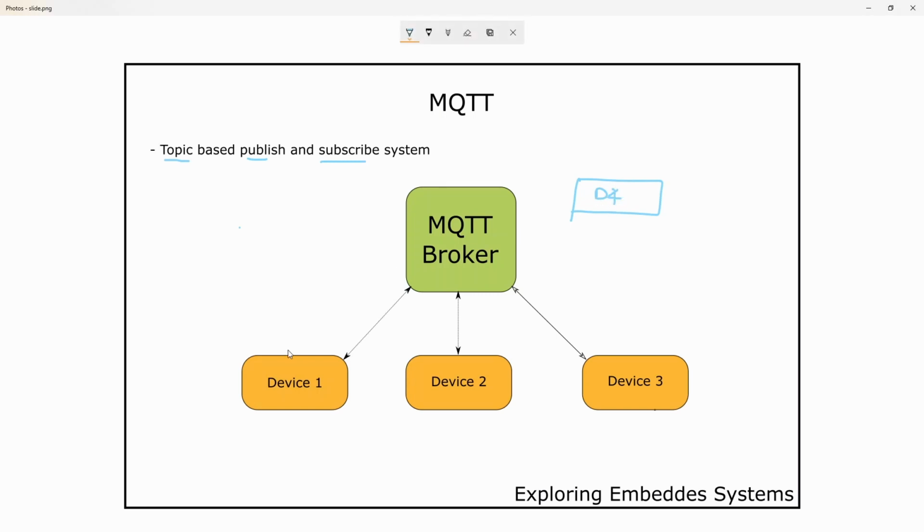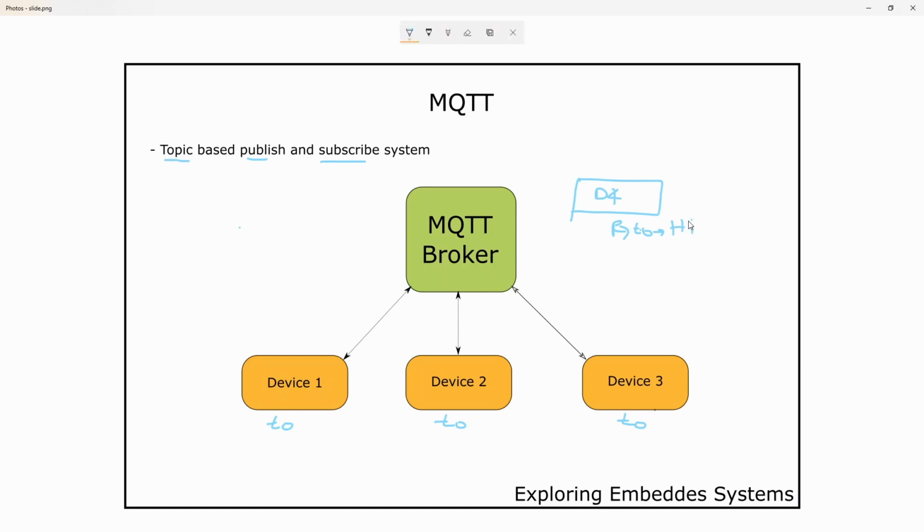Now let's assume that all of them are subscribed to a topic called T0. Now let's assume that device 4 publishes to topic T0, and the message is